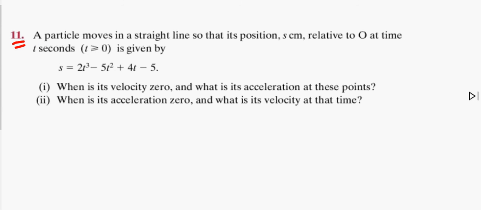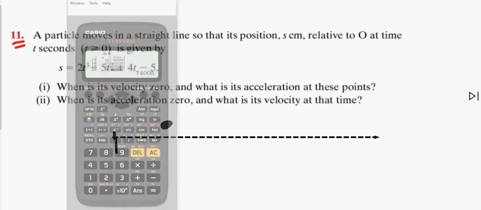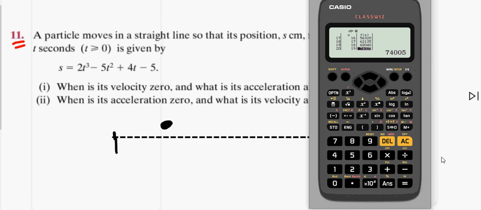A particle moves in a straight line. Oh, it's here. And it moves away from its starting position. Feels like an applied maths question, to be honest. And what happens is it moves away from its position. Okay? And its distance or displacement from its original position is given to you by the following formula. Everybody cool with that? Now, if you look at this formula, let's say you threw it into